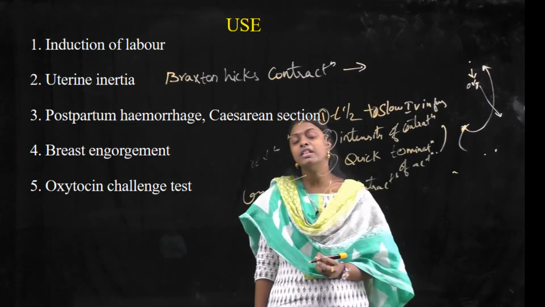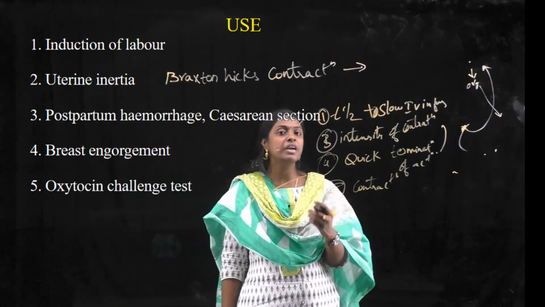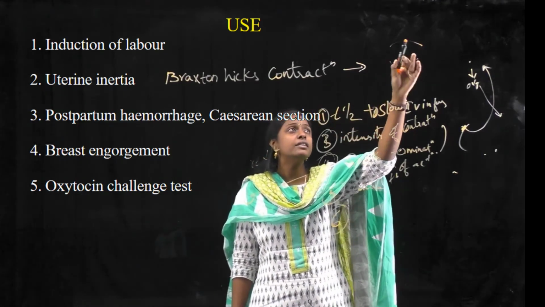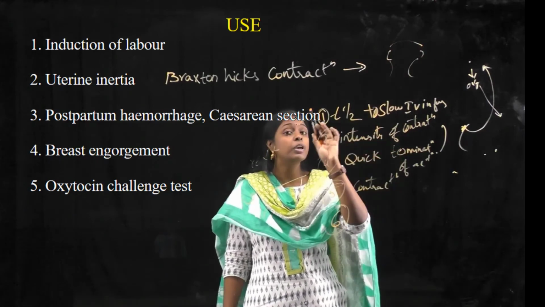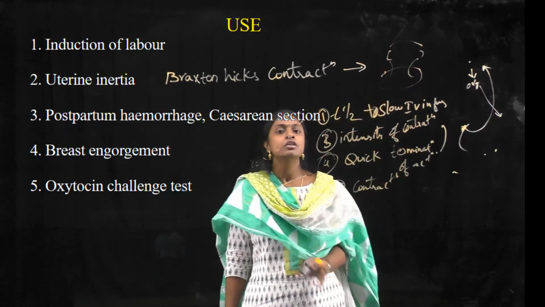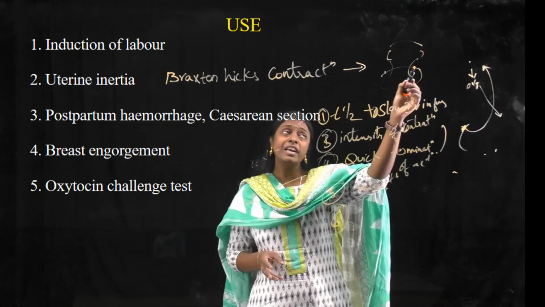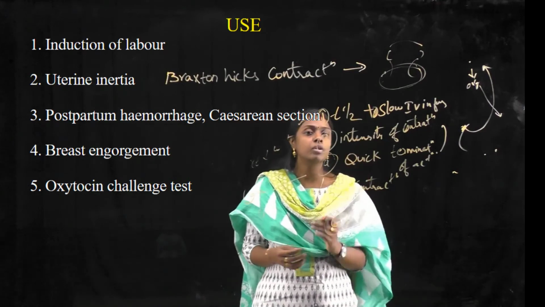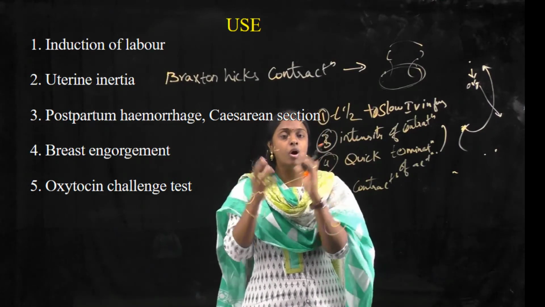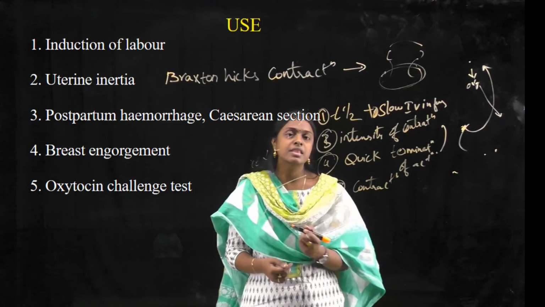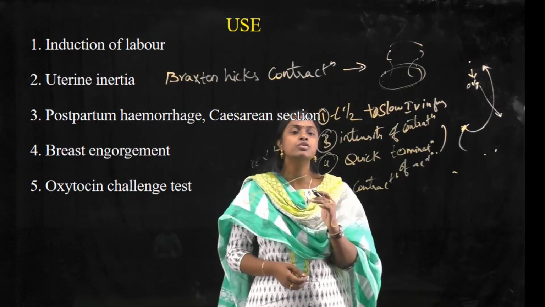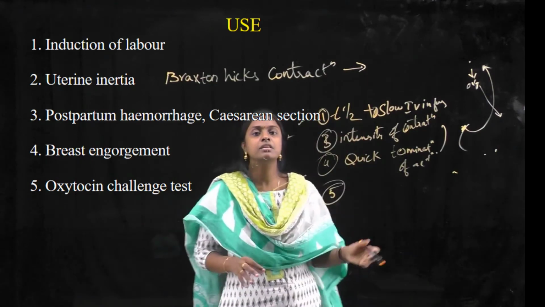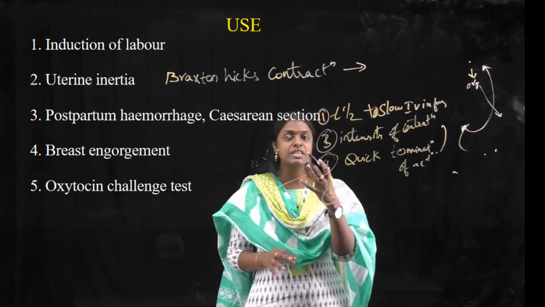So when we are giving this oxytocin, the lower segment is not contracted. When I was talking about the uterus, I told you only the fundus and the body will get contracted, but not the lower segment, isn't it? So oxytocin is best for that. Why is it not contracting the lower segment? Because the fetus will be in the lower segment. If the lower segment is contracting, what will happen? This will damage the soft tissues of the fetus. But ergometrine will contract the whole uterus. So that's the reason we will select oxytocin.